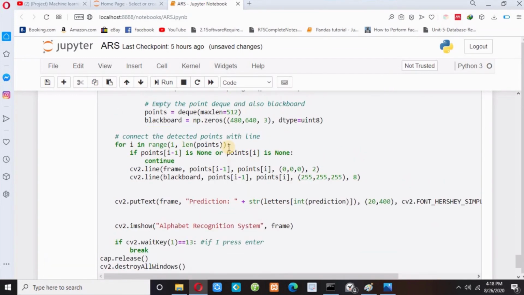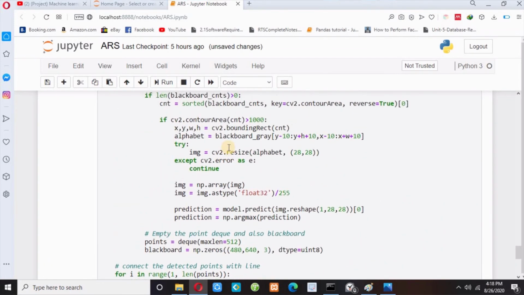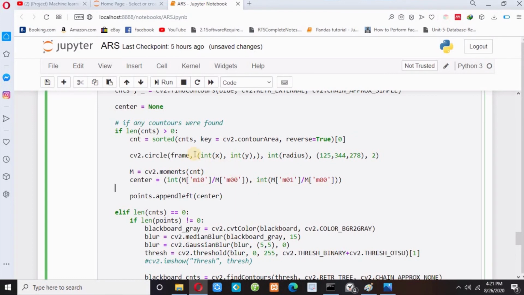So I have been missing something, guys. Okay guys, I am missing something here. I have drawn my circle, but I need to first find x, y and radius, and I can get that x, y and radius. We have one method called cv2.minEnclosingCircle, and we need to pass the contour.